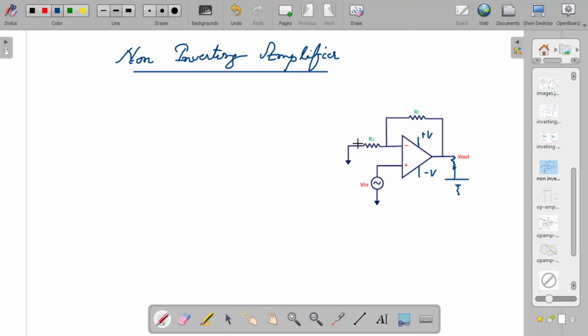Let me call the current passing through the resistance R1, as in the previous case, I1. Now what will be the direction of the current? Can you guess? This is at ground potential, and this is at a higher potential. Obviously this is not grounded. The concept of virtual ground applies in the case of an inverting amplifier, not in the non-inverting case, because here you have a voltage at this terminal, so I cannot say this is virtually grounded. So that concept is not there.